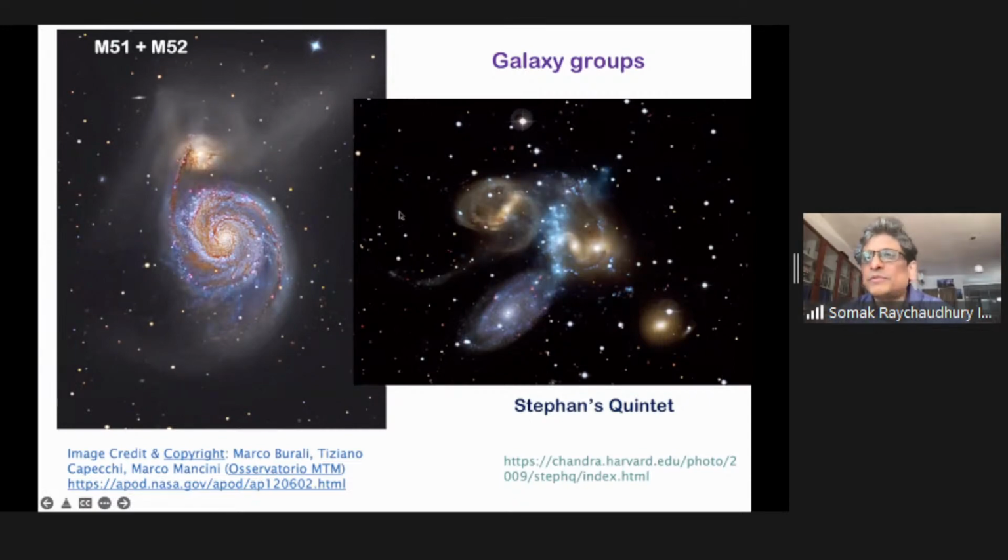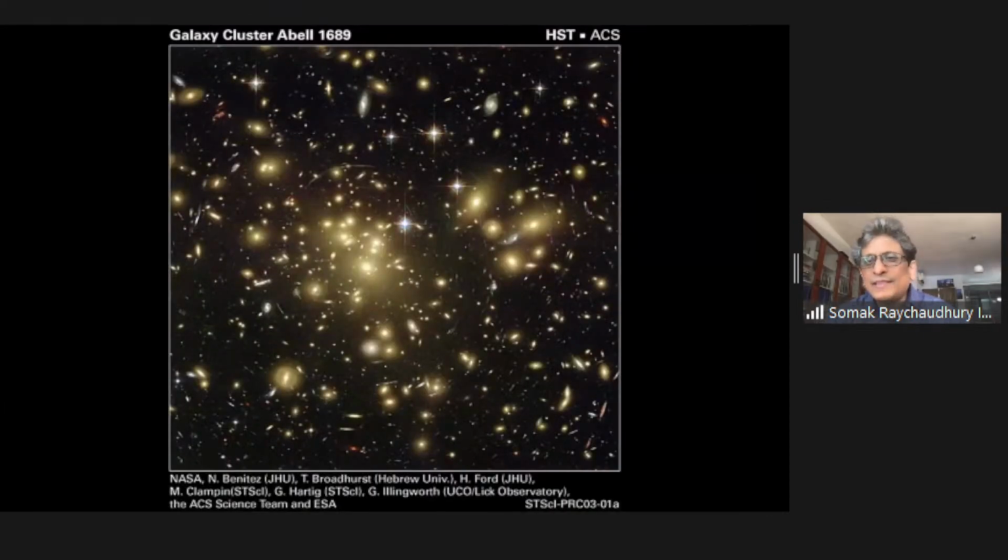So these are examples of groups, and most galaxies live in groups like that. In this case, a group of 4. In this case, a group of 2. I'm not counting the dwarf galaxies. In our local group, it's a group of 2. Whereas at the other end of